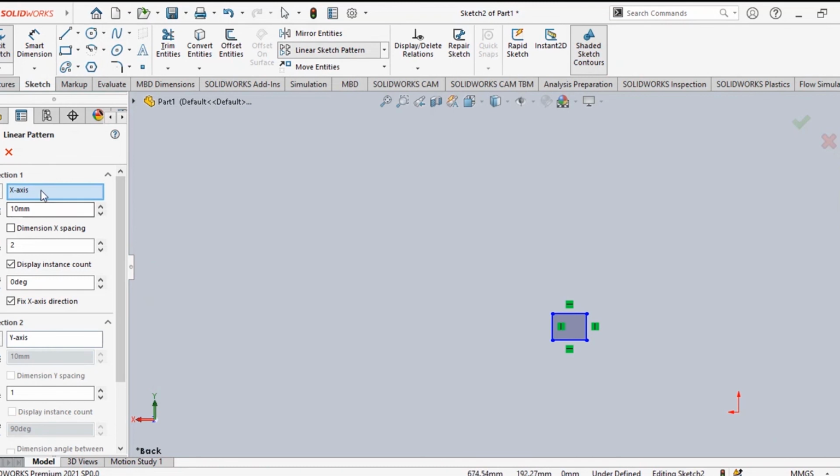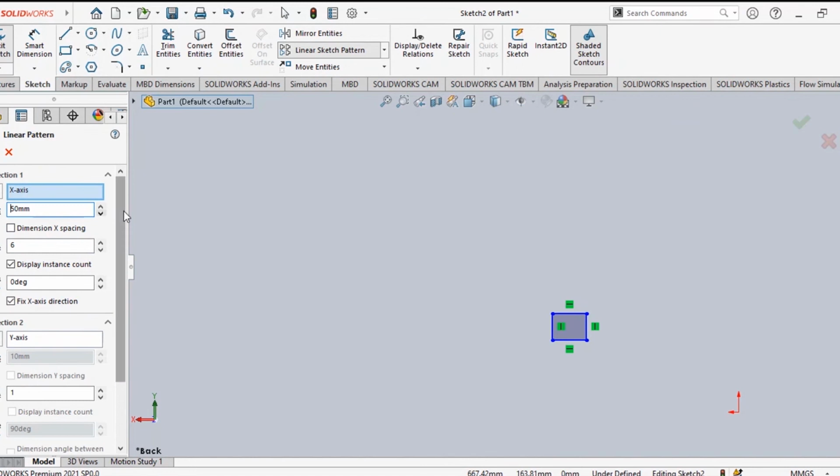It is asking X direction also, Y direction also. Both are equal. X direction and how many numbers? You can see down is 2 numbers. Suppose you want to make this one equal to 5 numbers or 6 numbers. 6 numbers we want. Right? And how much distance away? The distance is equal actually 10 millimeter instead of 10. We will make this one suppose 50 millimeter away.